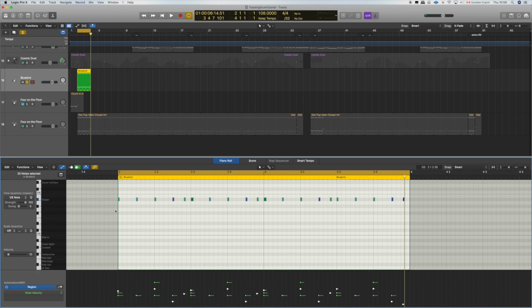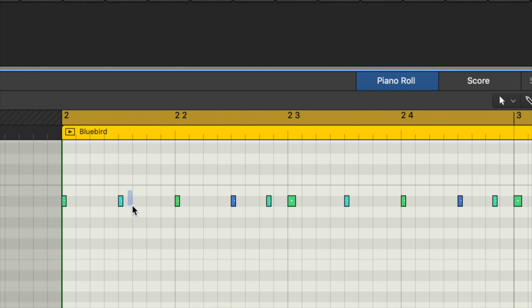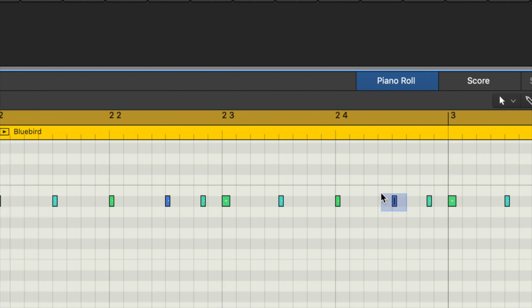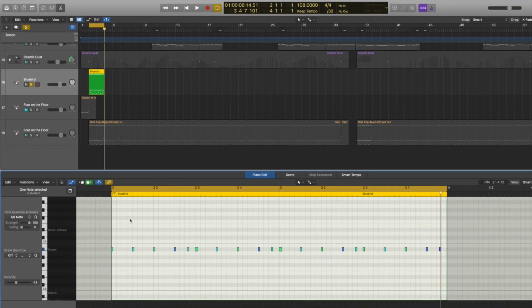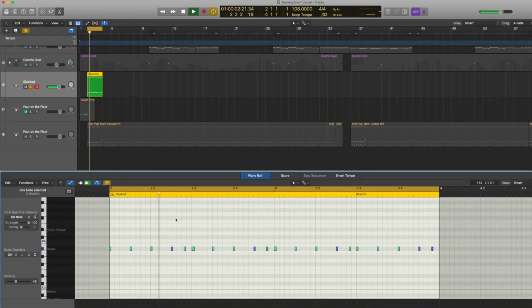And if we look at the pattern of the shaker, notice the variation in the velocities here. The heavier notes are on the beginning of the bar, and then there are some accented notes, and then a slight little variation here. Okay, and if you're listening to that,